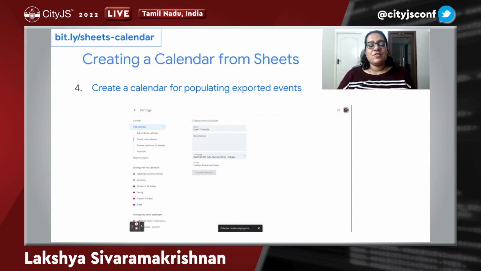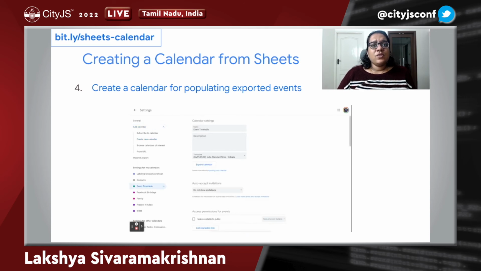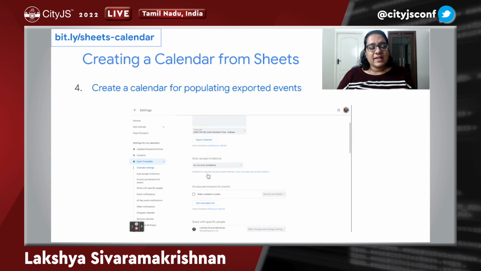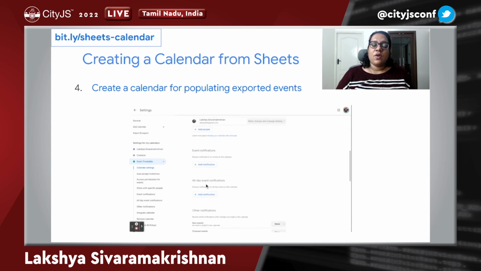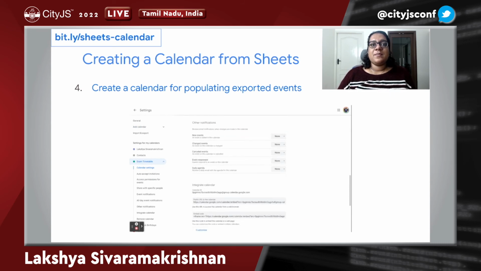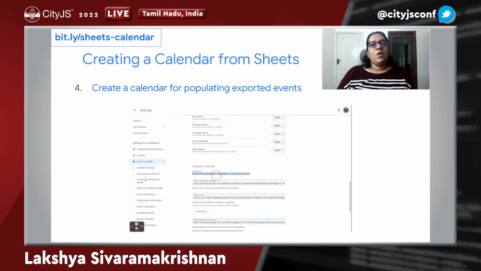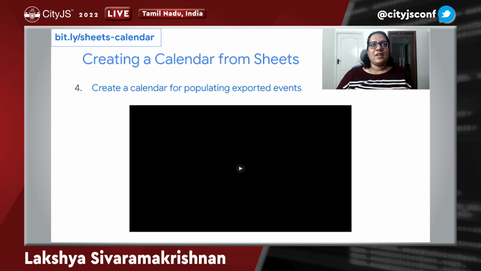Once you do that, you can see calendar creation is in progress, and once it's done, you can go to configure, or you can just go to the settings tab, and when you scroll all the way down, you will find something called Integrate calendar with a calendar ID, right? So this is the calendar ID that we need to fill in our code, and this calendar ID will be different for each of us, right?